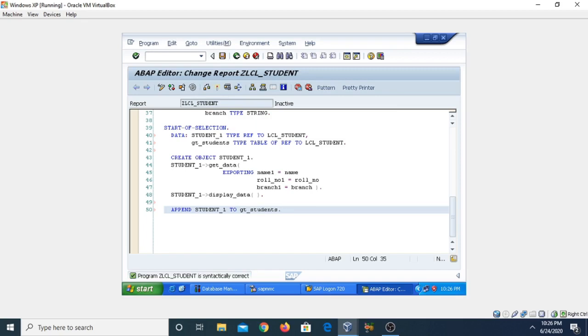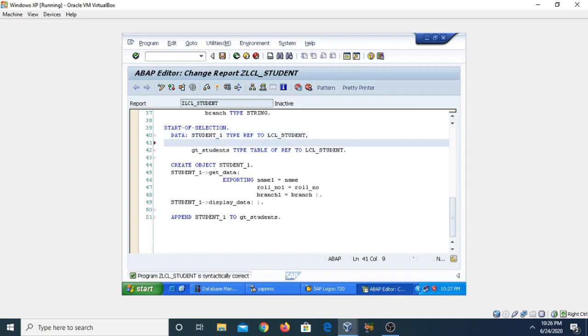Now if you want to create another object, you can also create it, and for creating the other object, again we can use student underscore 2 and then type ref to, because before creation of the object we first need to create the reference variable.